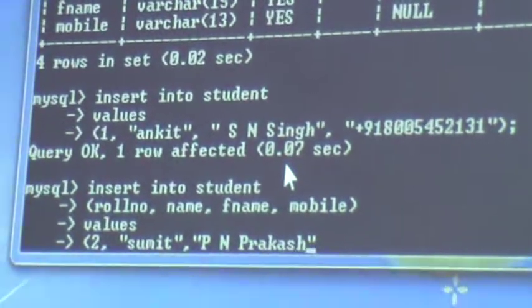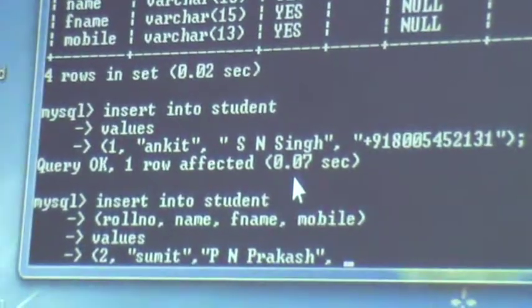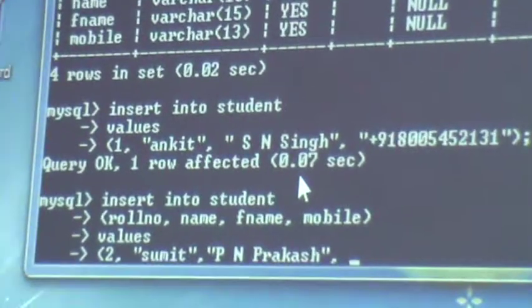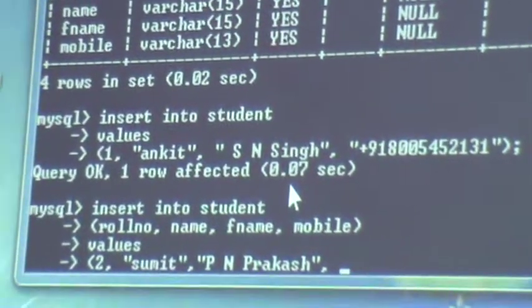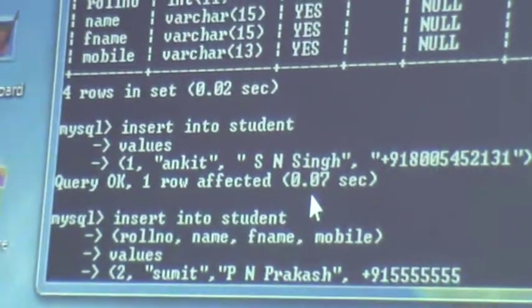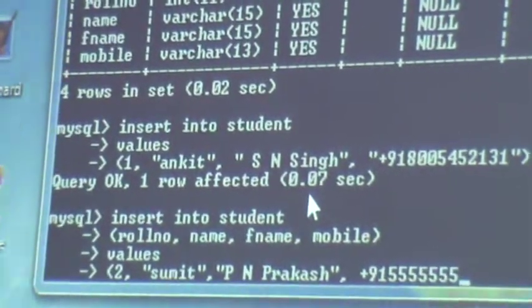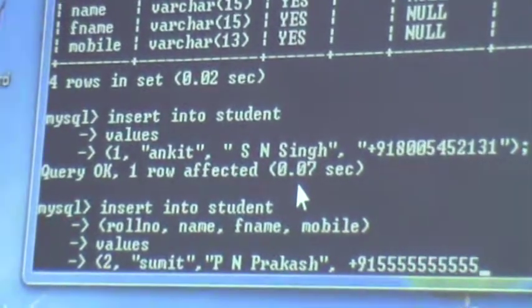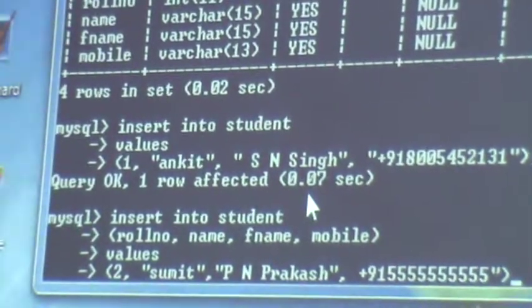Again comma. The next value is mobile number, +91 5555. Close it. Semicolon.